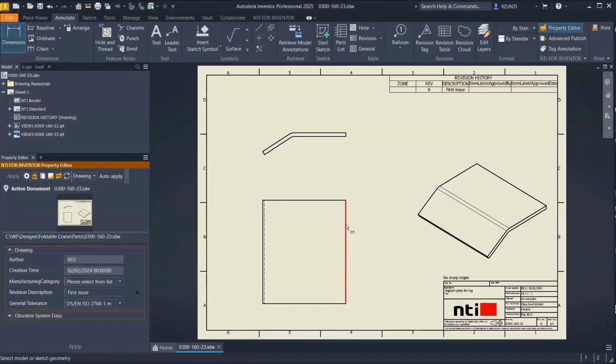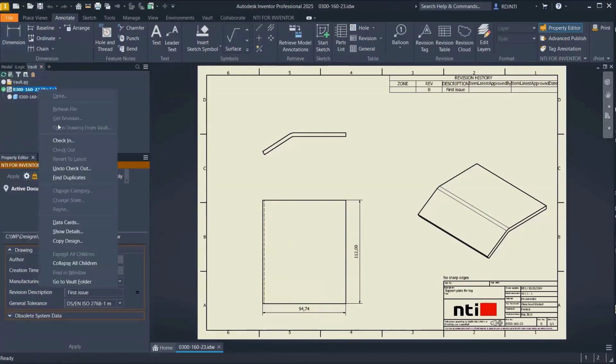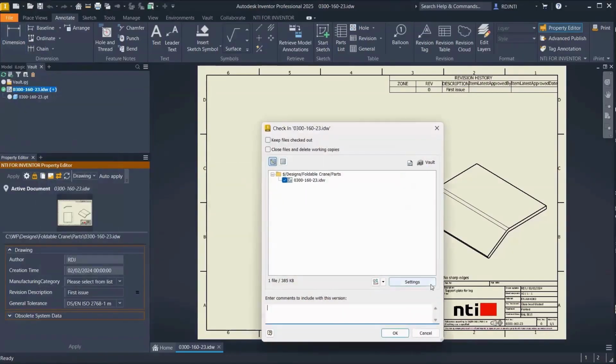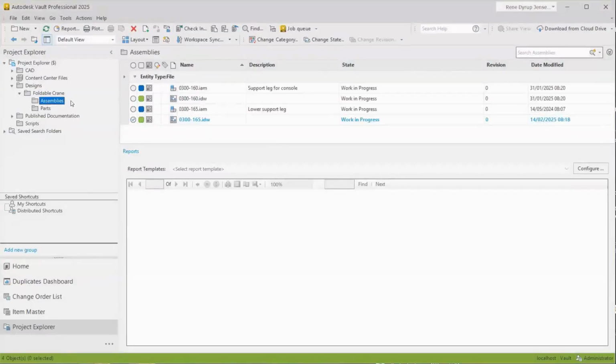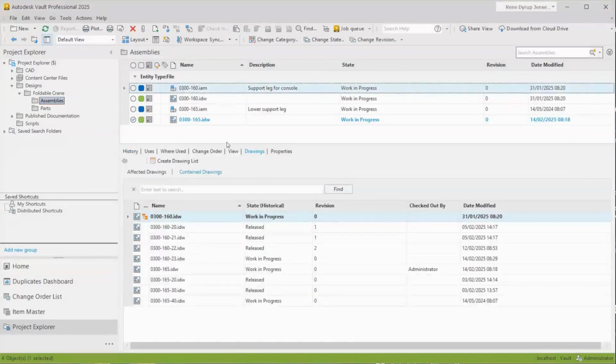In this case, I'm updating my drawing. I'm adding a few dimensions just to ensure that a change has been made, and then I save my drawing, and with that ensure that it is updated. So I check into Vault. After I have checked into Vault, I can go back and showcase the overview. Now you can see the drawing is updated.